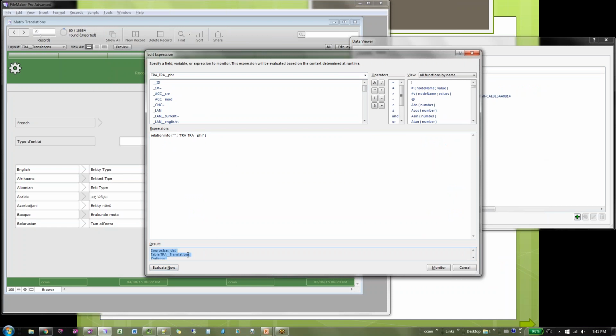That will bring back all the relationships to that table. My custom function says, all right, I'm on tra translations. So of these relationships, find the one that's for tra translations. So it finds this, does a little gymnastics to figure out this is the block we want. So now we're ignoring this.